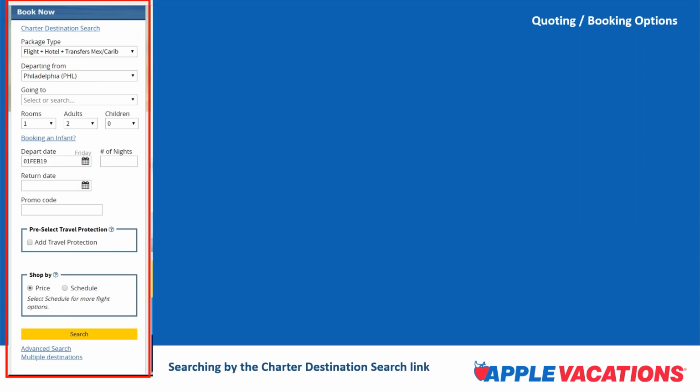Once we launch, this is the booking engine, and it will appear down the left-hand side of the screen, very similar to every other company that sells in VAX. And there's a couple different ways that you can start to search for vacation packages. The first way is to search by schedule or price, and it always defaults to shopping by price, and that's 9 times out of 10 what we're doing. We're looking for all the parameters that you're looking for, but for the best price, the best value for your clients.